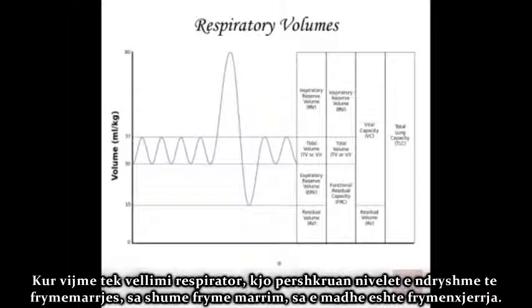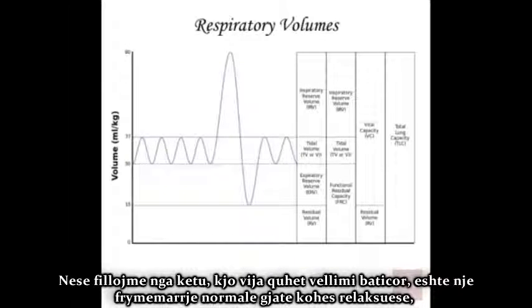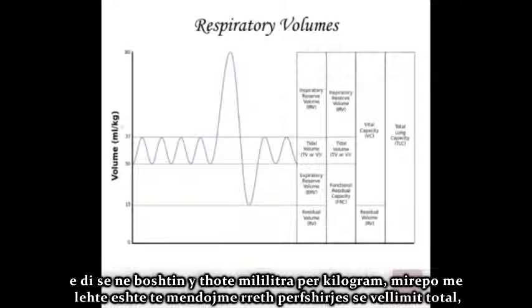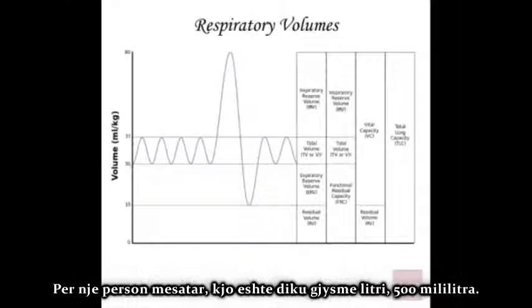All right, when it comes to respiratory volumes, this describes the different levels of breathing in terms of how big an inhalation you're taking and how big an exhalation you're making. If we start over here, this line is called tidal volume. It's your regular breathing when you're just at rest. I know the y-axis here says milliliters per kilogram, but I think it's easier to think about just the total volume involved. For the average person, this is about half a liter, 500 milliliters.